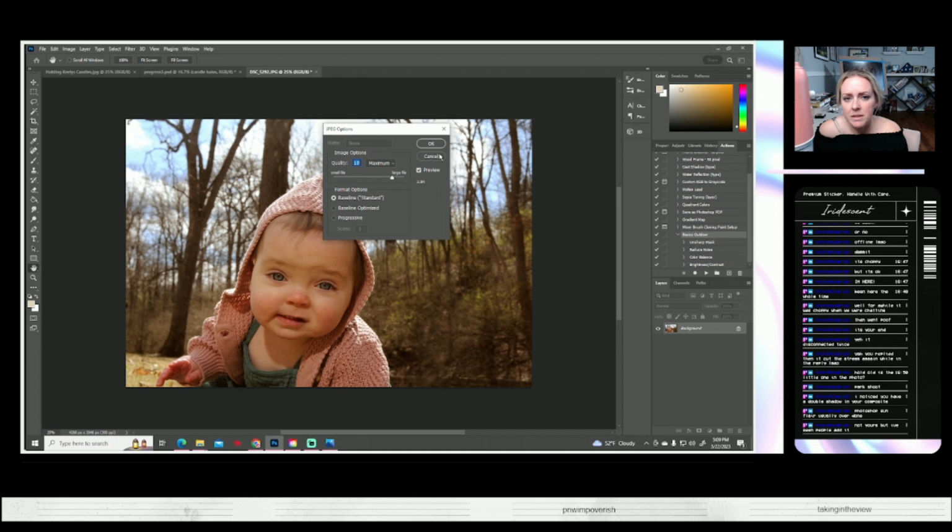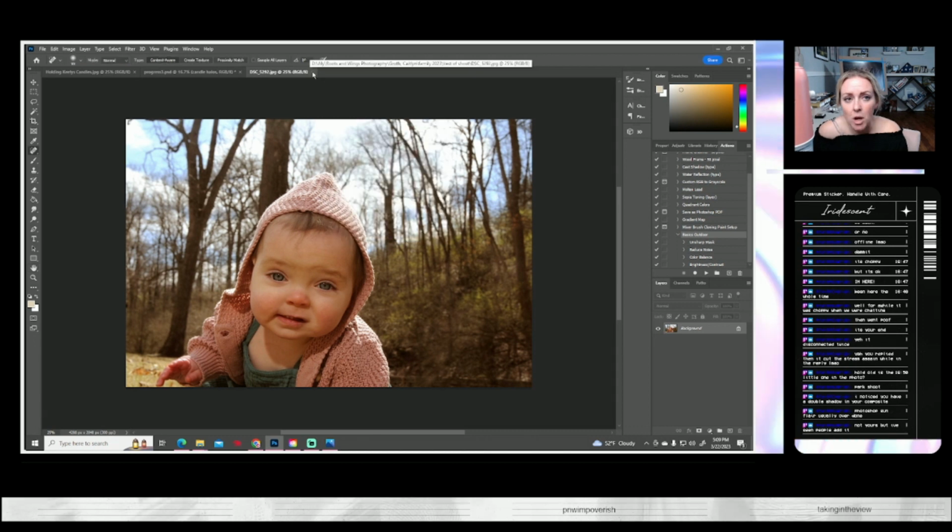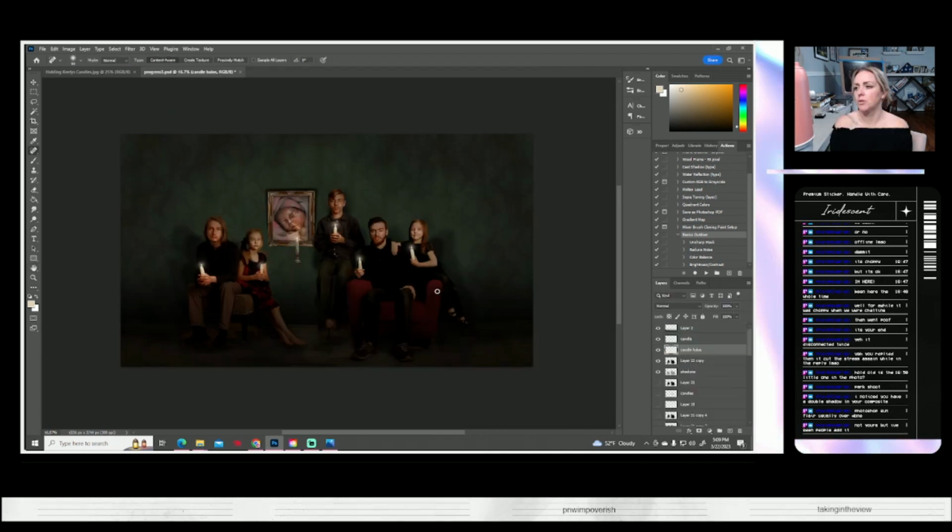So I've got 2 concepts, one of which I need to work on this, and then one I need to find the person for. I need a senior, high school senior, not a senior citizen. I would photograph them too, but for this concept, it specifically says high school. And